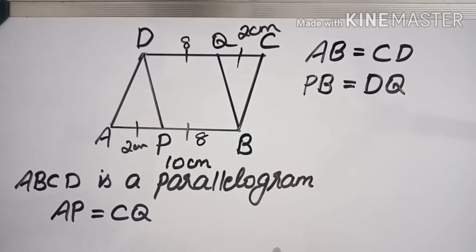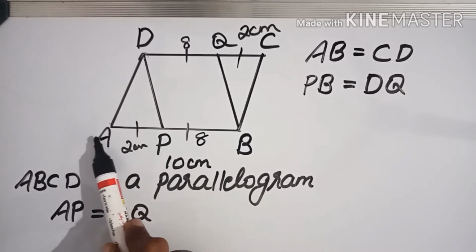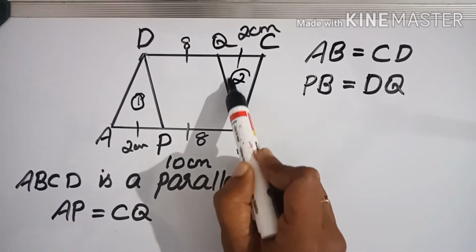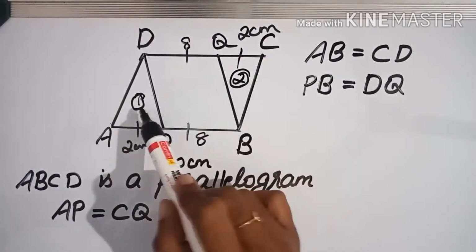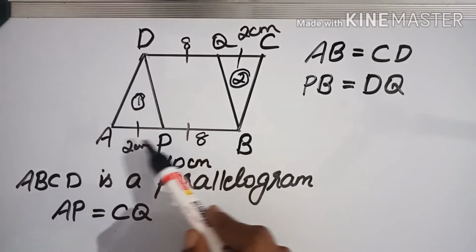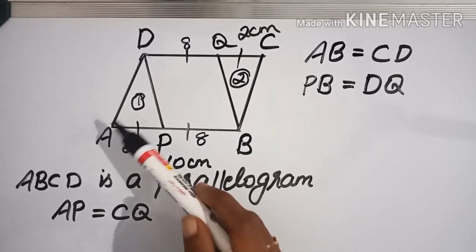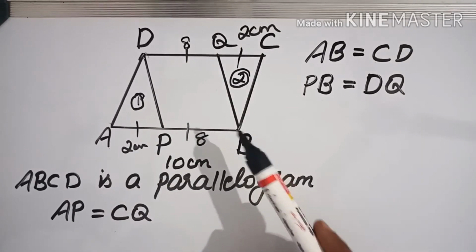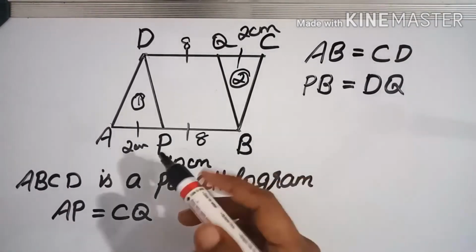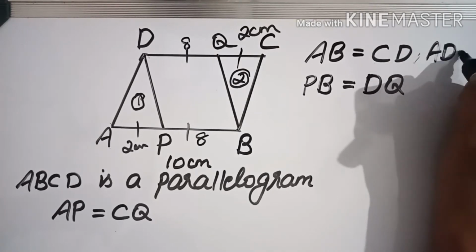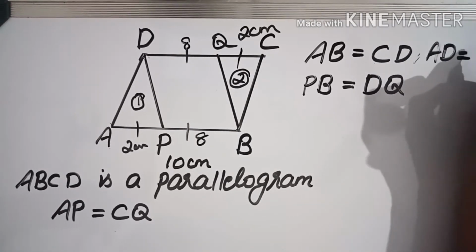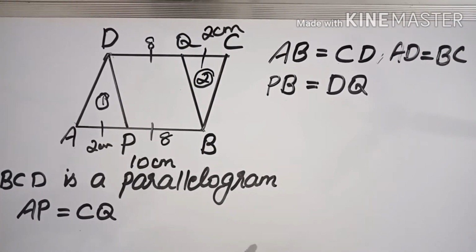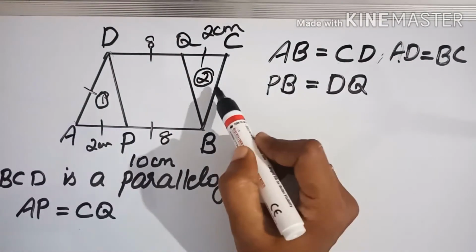Okay. Now here, consider the triangle APD. Okay, APD. One triangle here, second triangle here, triangle BCQ. Okay, two triangles we have. Now in this triangle, when you check the sides, you can see that this AD. Okay, as ABCD is a parallelogram, opposite sides are equal. Same like AB and CD equal, we can say that AD is equal to what? AD equal to BC also. AD and BC are equal. Okay. So here AD equal to BC.